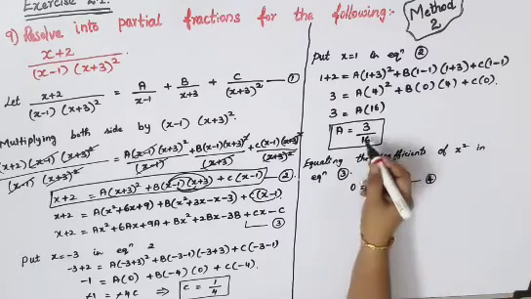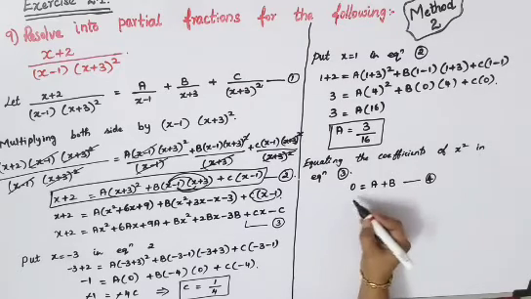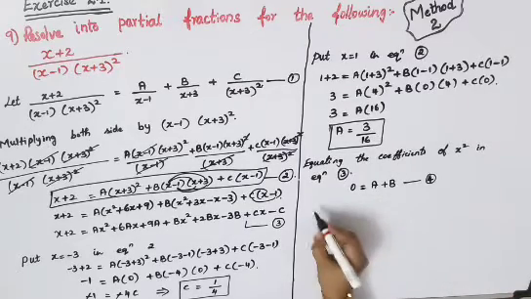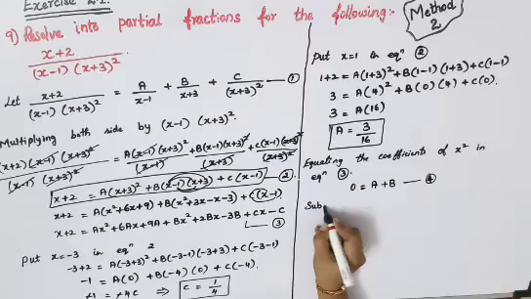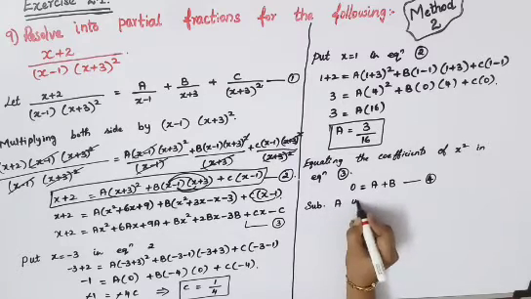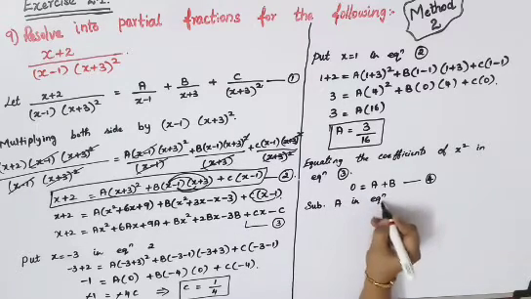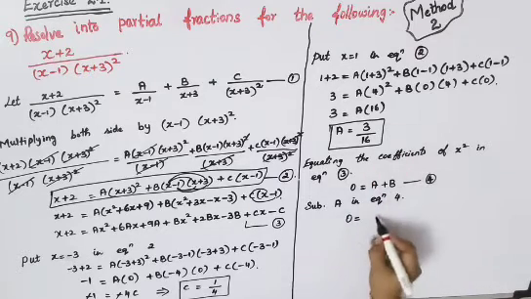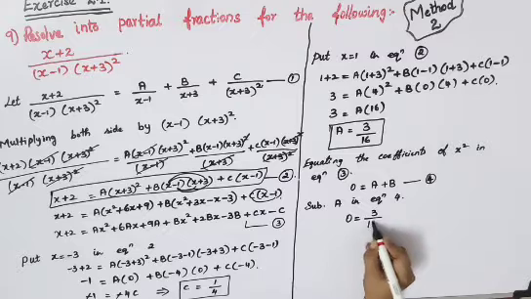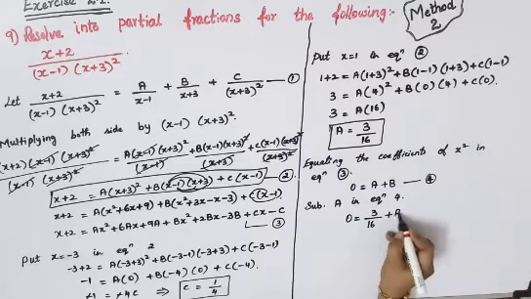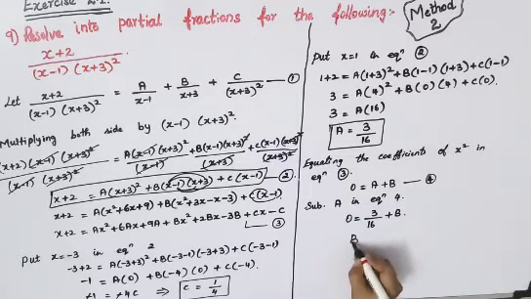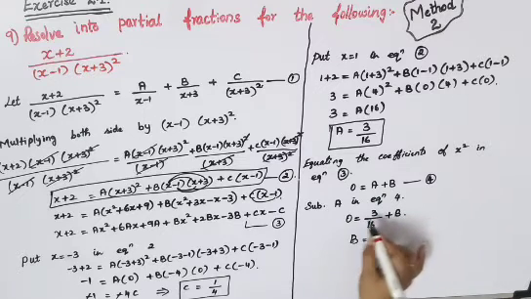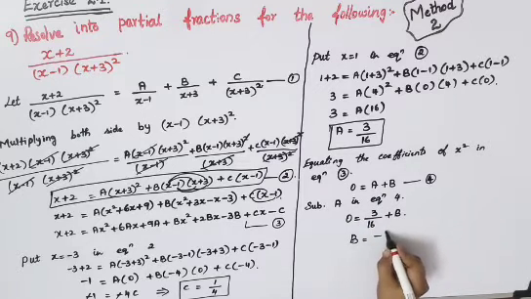Already we have got the value of a here, just go for the substitution in this equation, you will get your value of b. So substitute a in equation 4. So 0 is equal to, your a value is 3 by 16 plus b. So to find your b, just take this term as it is towards your left hand side, so it will become minus 3 divided by 16.